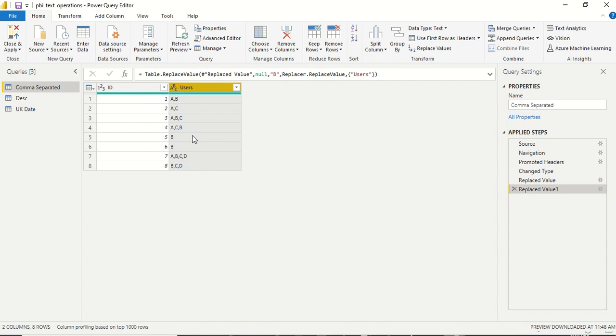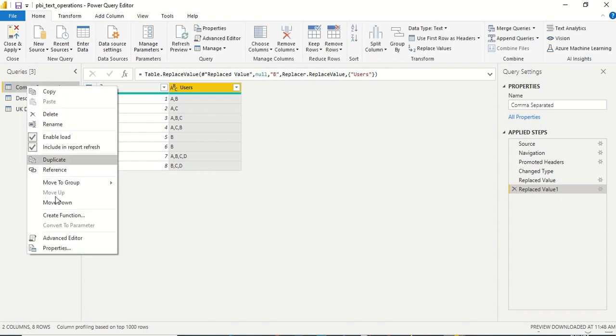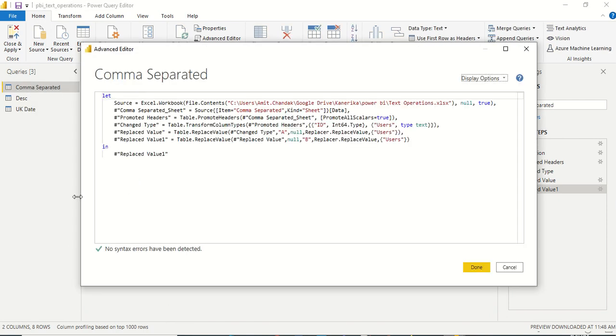So if you have a null value, you can write null, and if you want to convert something into null, you can write null. See, this is the syntax. This is not in double quotes. We can look into the advanced editor and into the script. So null is null in Power Query. This is not the text null. You can check it out. Whenever you have a null value or blank value which you want to replace, you can use null for that. So try this out.